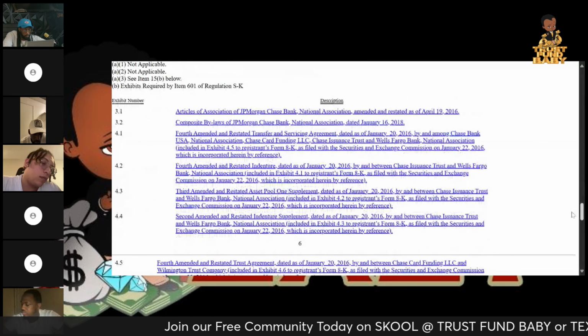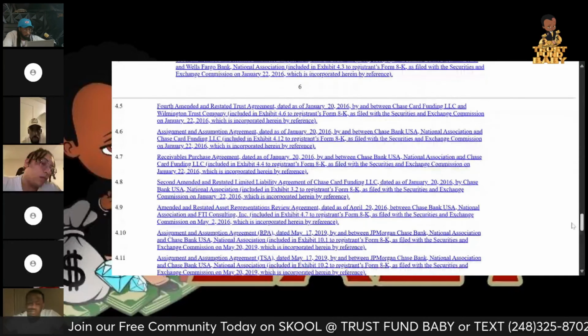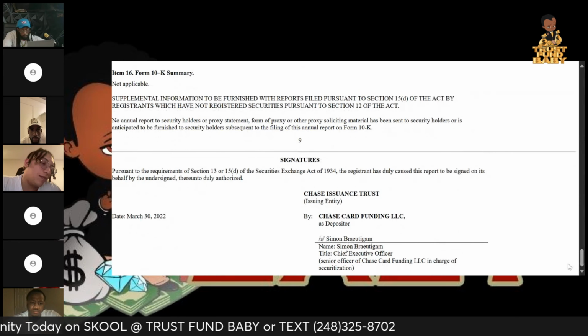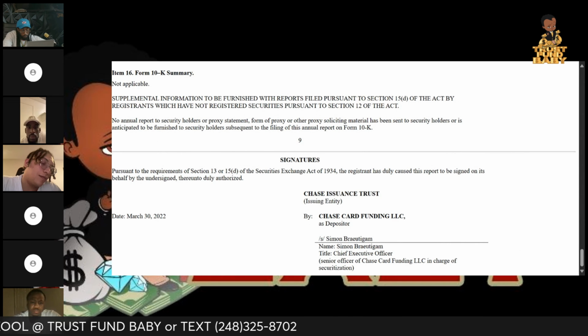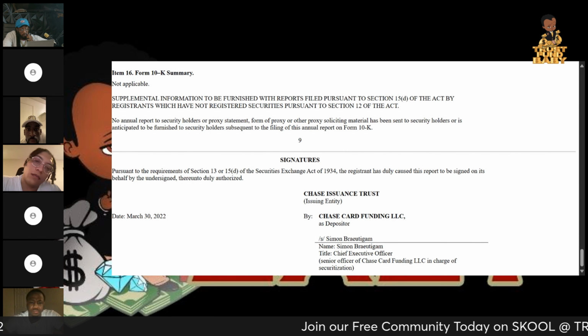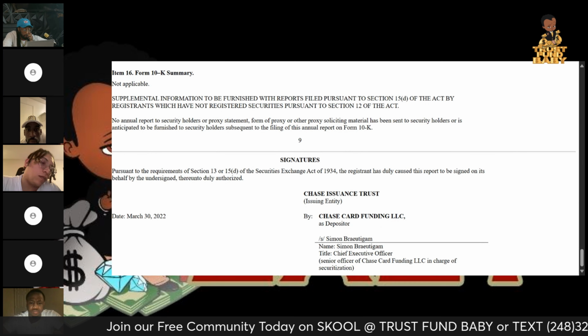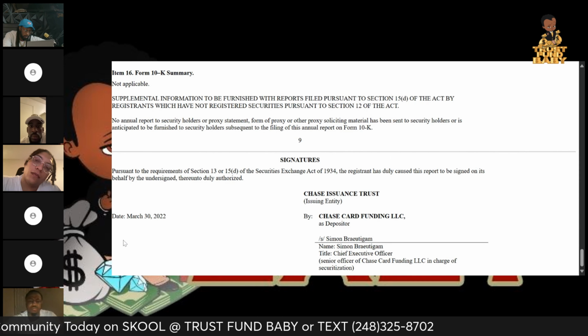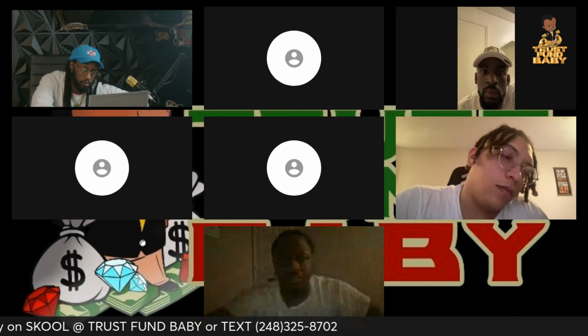This is the description. This is their articles, exhibit numbers. So right there, issuing entity is the trust. So Chase Card Funding Depositor, Simon. Simon will be the responsible party, because Simon will be the contact in order for you to deal with the trust, that they don't have any other listed entities. So outside of that,